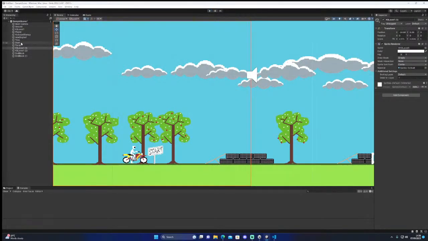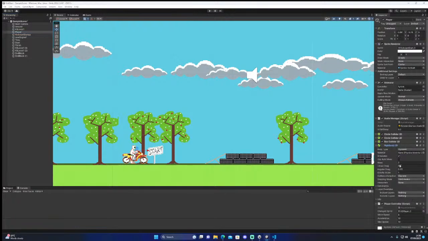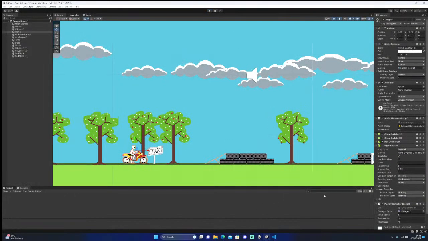I messed about with the rigid body, and I increased my mass. I was doing 1. See what this does. No, absolutely bugger all. He's heavy, and he stops. Move speed 5, acceleration 10, max speed 10.